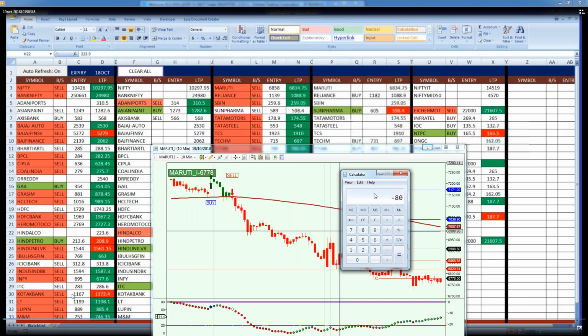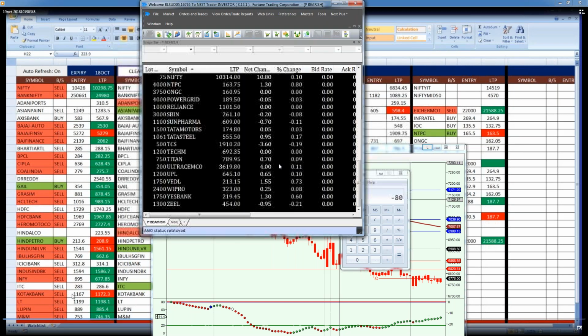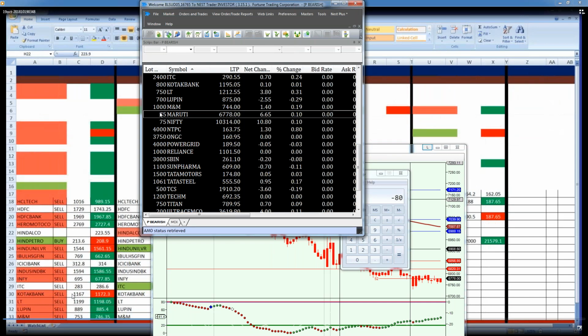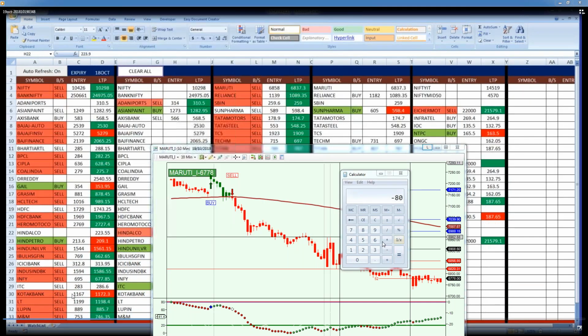Now, what is the lot size of Maruti? 75. In Maruti, 80 into 75, that's 6,000 rupees profit on an investment of